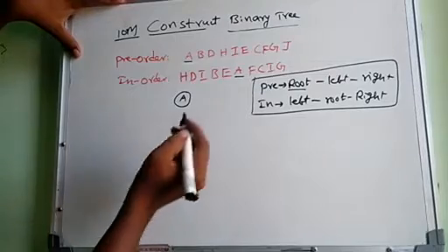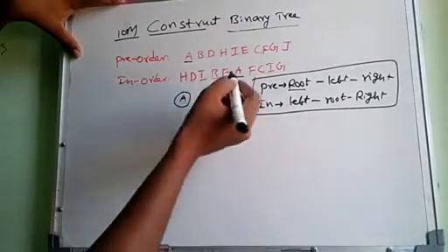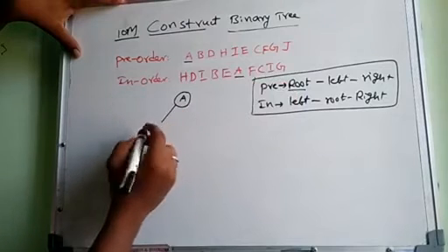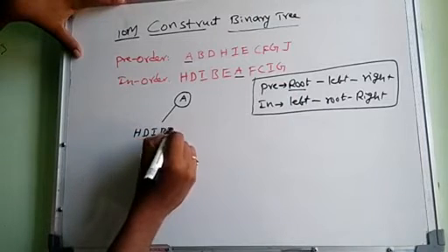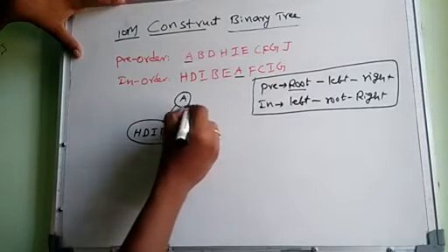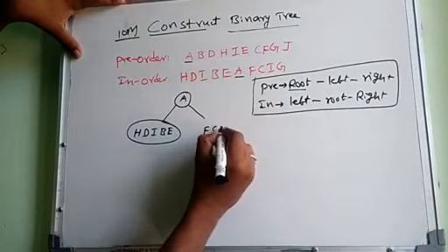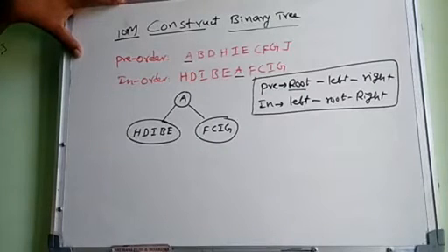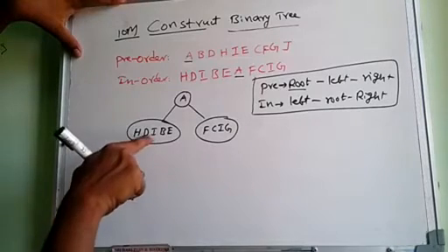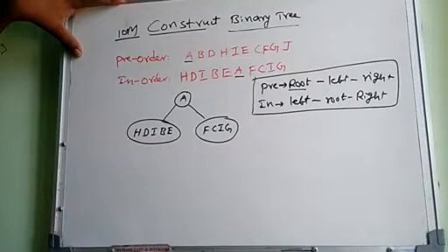So from the A, who are having the leftmost, who are having the rightmost, write as it is. The leftmost is H D I B E. The rightmost is F C I G. So this is the rightmost. Next, among these 5 elements, we need to select only one node to act as a parent. How to select? For the selection of parent and root, which order are we going to visit?